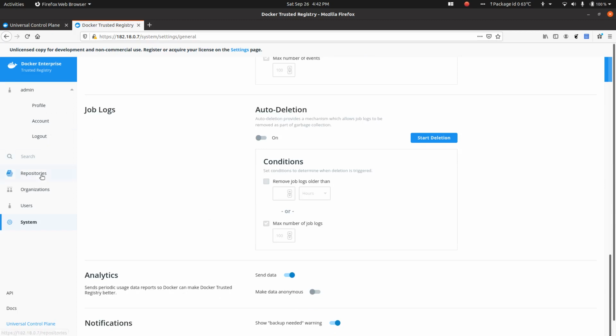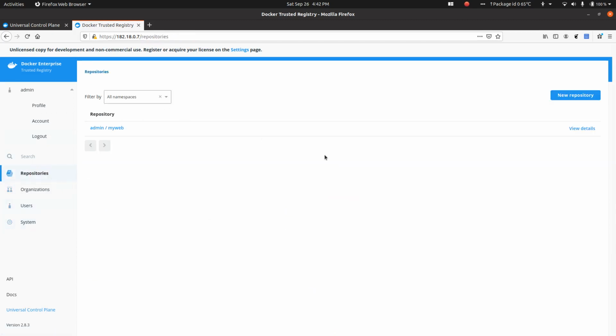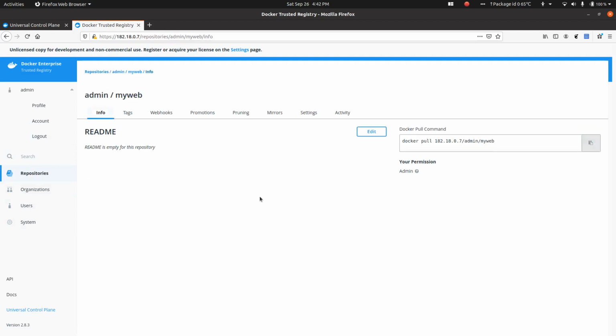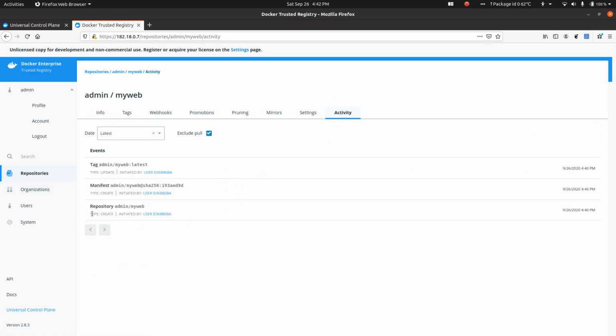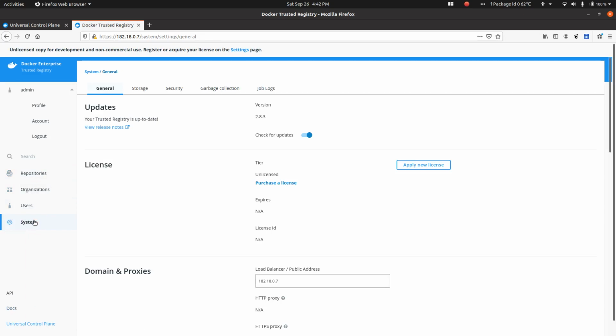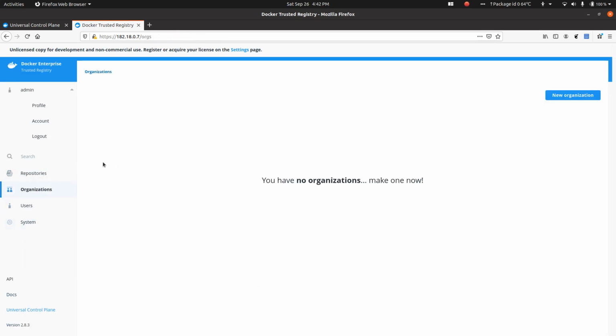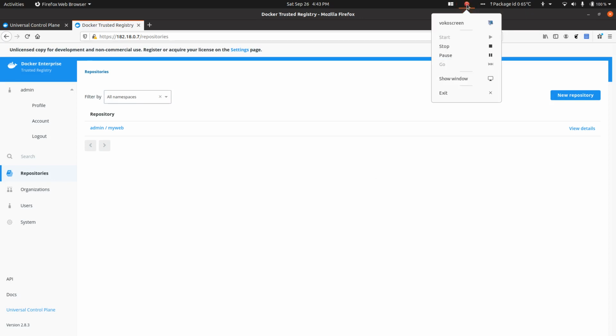Okay, so this is my repository now, and I can see the repository details from here. Okay, this is the image which I have just uploaded. Fine, this is how we upload the images, or this is how we set up Docker EE on a local virtual platform. I'll be sharing all this, and you will find the download URL later in the video.